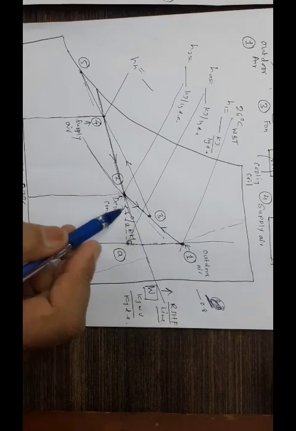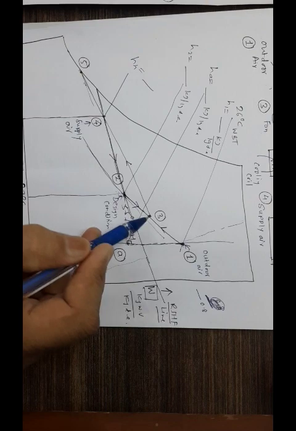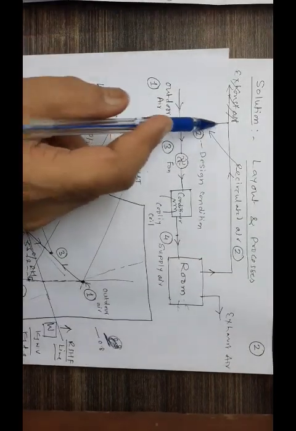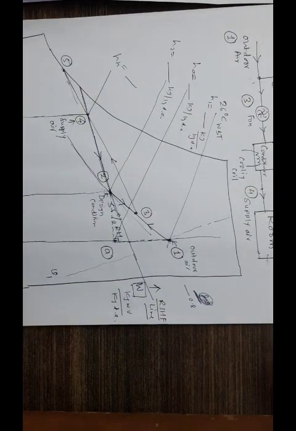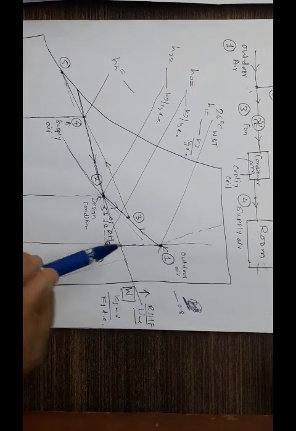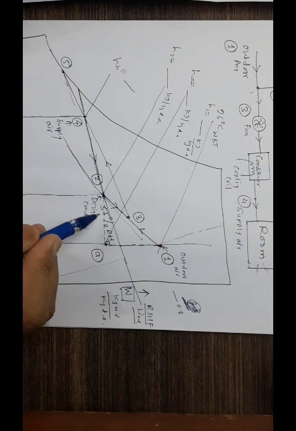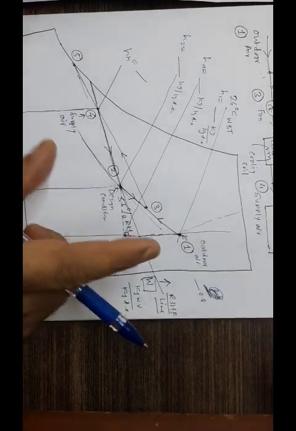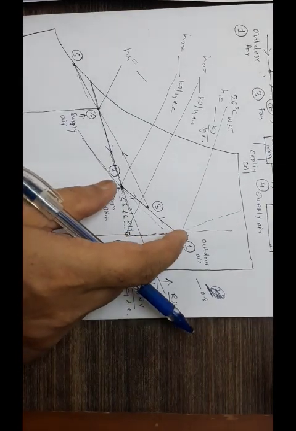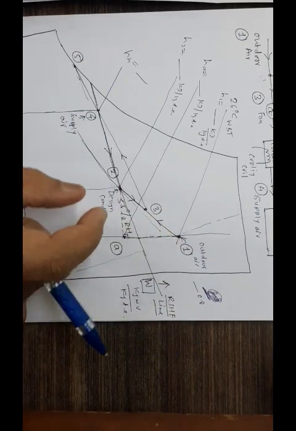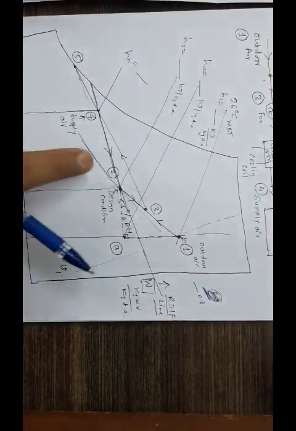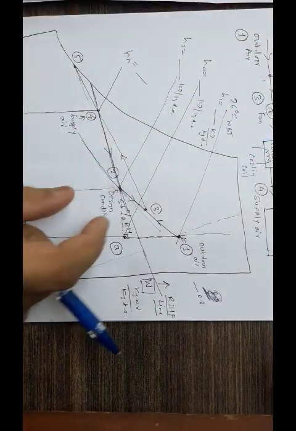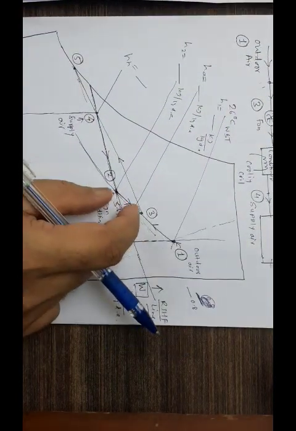If you remember, the mixing process is 1 from this side and 2 from this side gives you 3. In the mixing which we had discussed earlier, the percentage of fresh air is obtained as a proportion of the distance. As an example I gave last time, suppose this is 10 centimeters long as a distance if you measure, and 40% is the fresh air. You will get this as 40 and this as 60 as a division. That means this will be 4 centimeters and this will be 6 centimeters. That's exactly what you are supposed to be doing with this calculation.